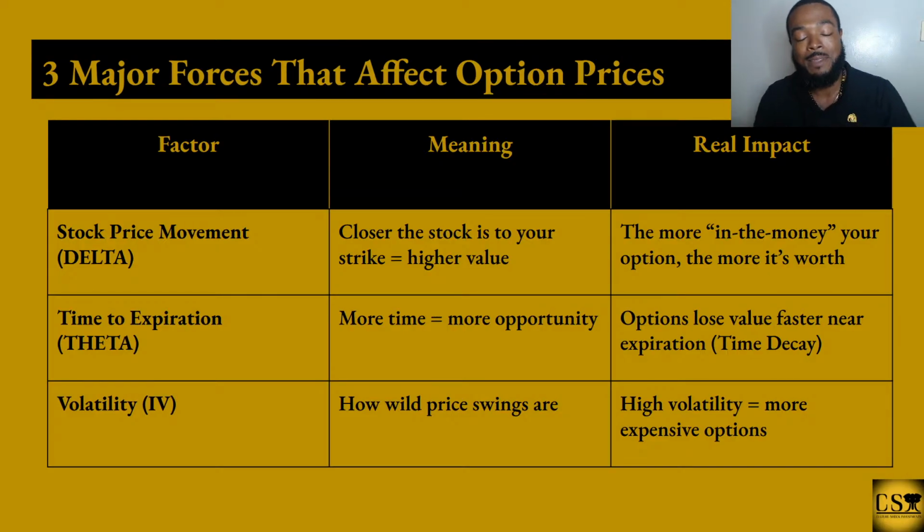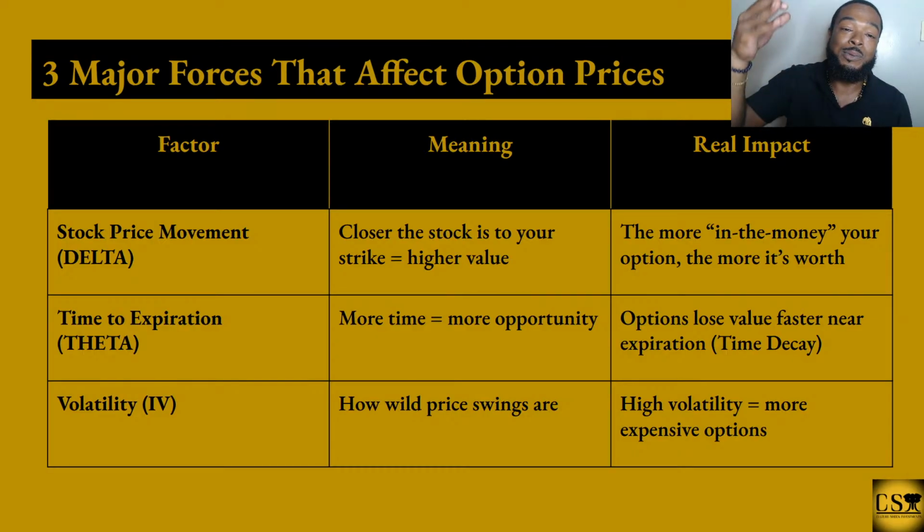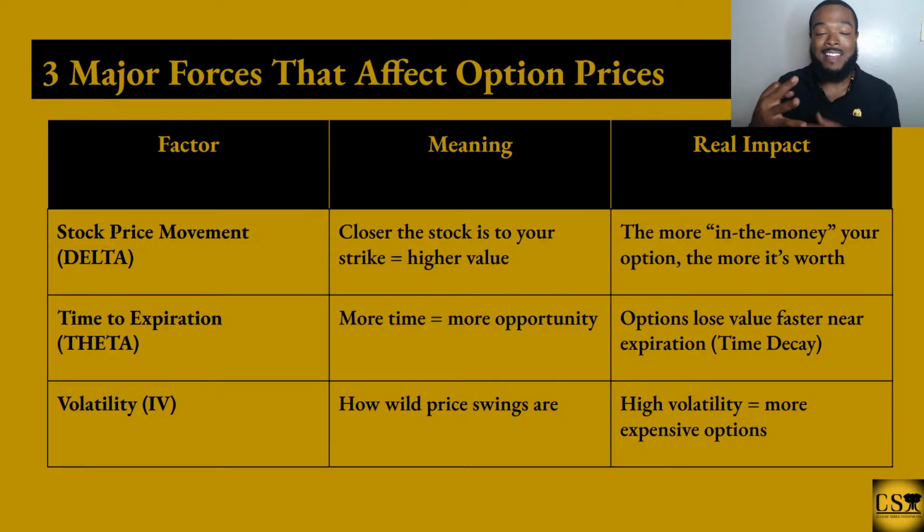So in the money is considered, let's say you paid $3 for those Tesla contracts that we were talking about. Once you get past $3 in premium value on your contract, once that Tesla contract goes down from 200 past 197, now it's past $3 in premium value. Once you get past that 197, now you're considered in the money, because now everything you make after that is going to be profit on top of the $3 you spent on the contract.